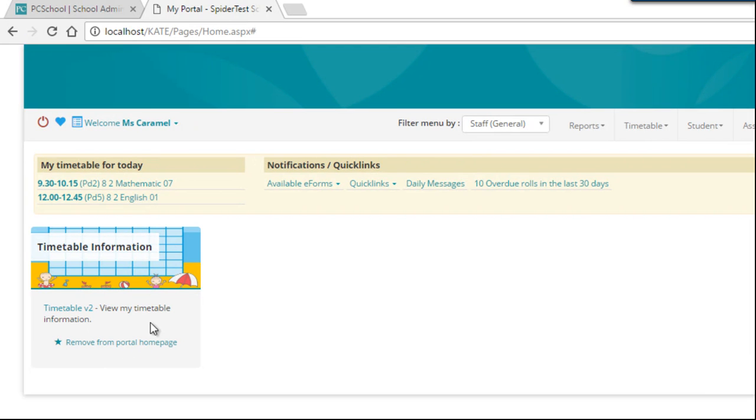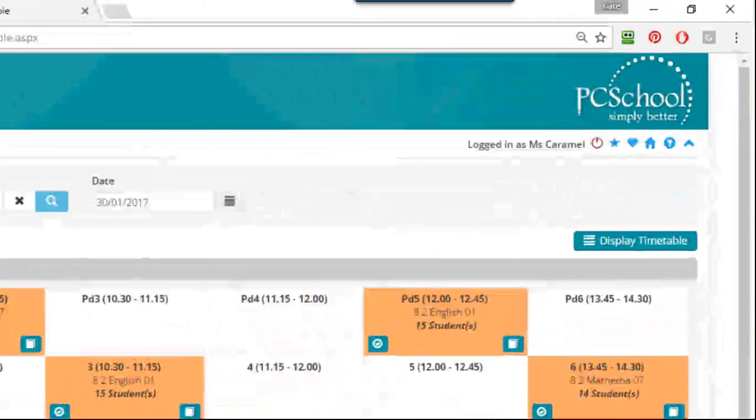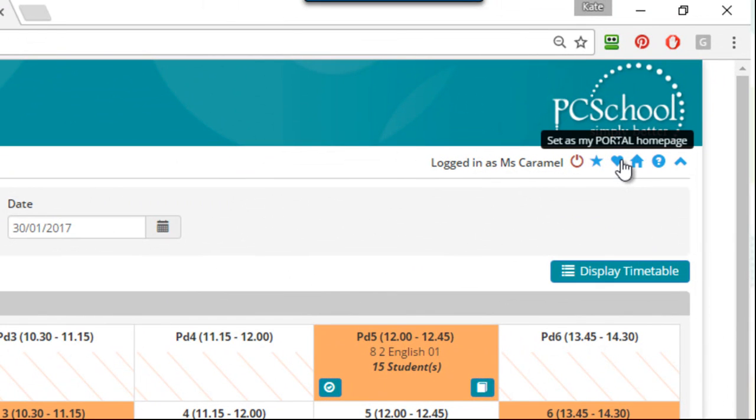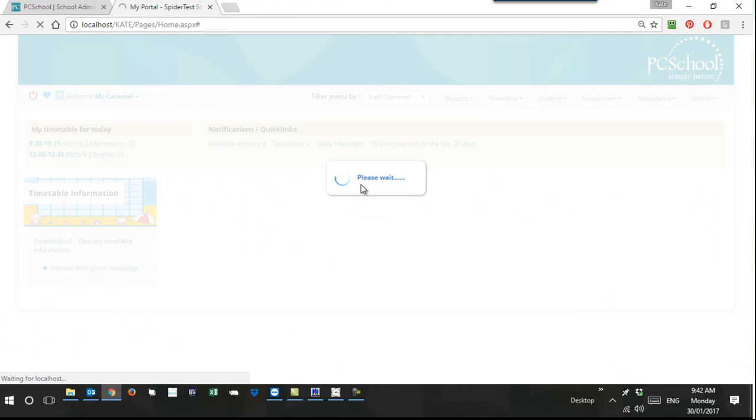You can also, if you want this to be your home page, so rather than when you log on it comes up with this screen here with this as a shortcut, you can, while you're in the timetable V2 control, click this little heart icon over here, next to the star. So if we click on that, that will then set this particular screen as your portal home page. So when we log out and log back into the Spider,